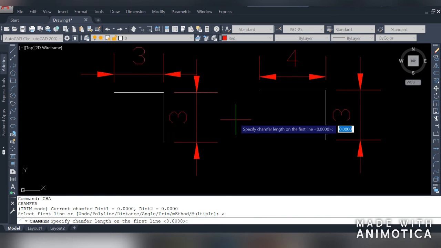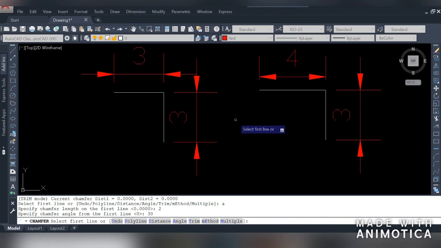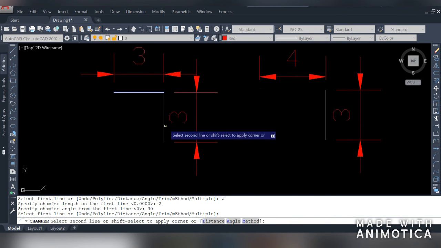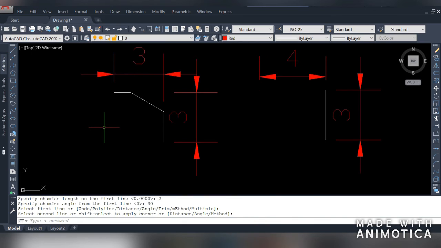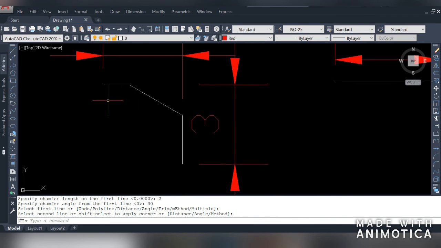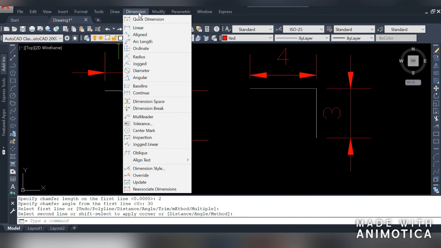Now we have to specify the first chamfer distance, say 2 unit, press enter. Now we have to specify the angle from the first chamfer distance, say the angle is 30 degree, press enter. Now select the first line and the second line. You can see the chamfer is created over here.